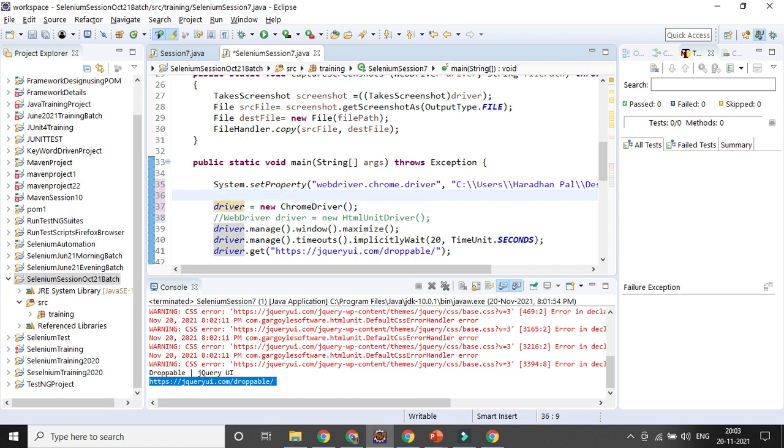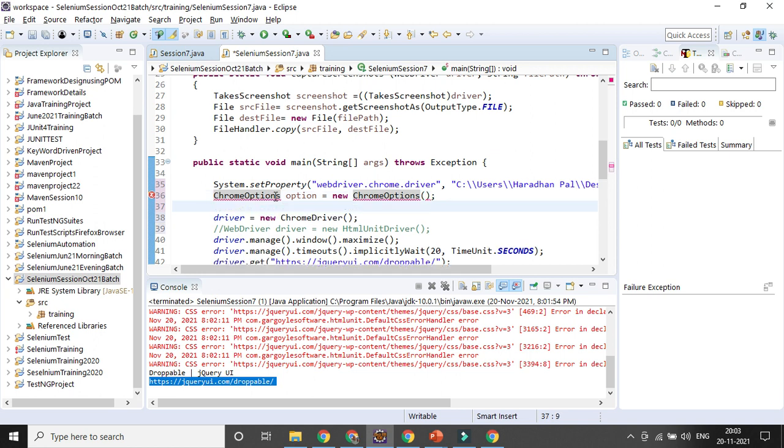I'll be setting the path for the Chrome driver, then using the ChromeOptions class. ChromeOptions option equal to new ChromeOptions, creating an object for the ChromeOptions class.